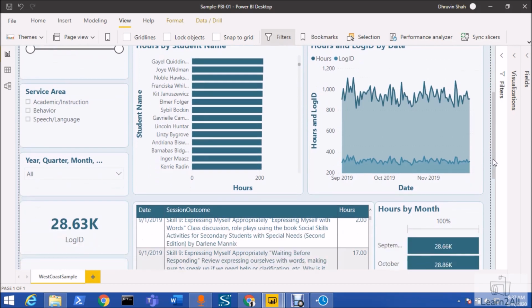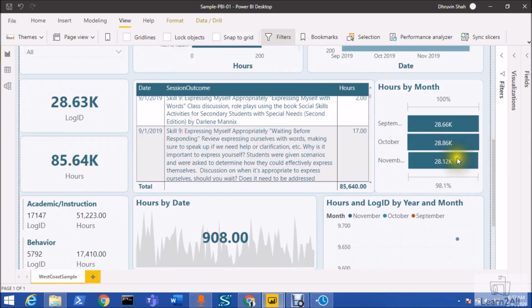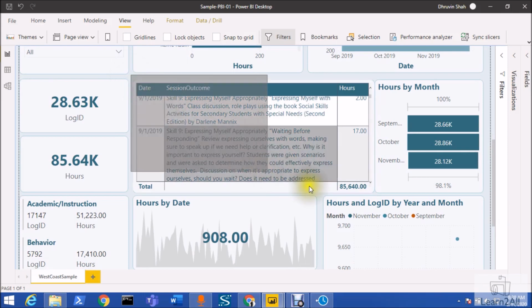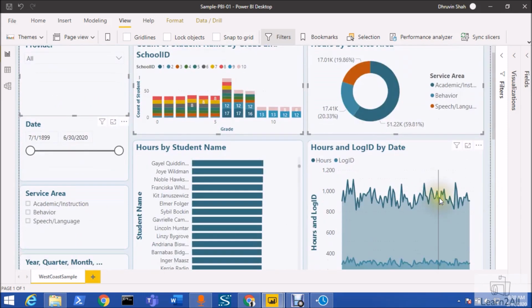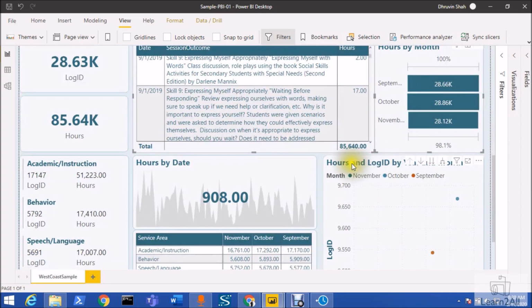Now one more thing, let's say I want to select another two visuals, how can we do that? In order to do that, press the Ctrl key or the Shift key and create a second rectangular lasso over here. You can see that another two visualizations have also been selected over here.